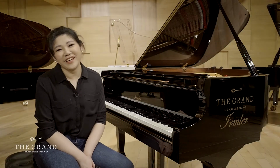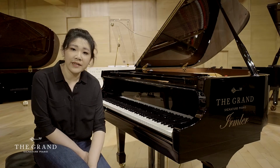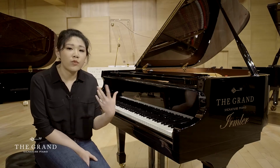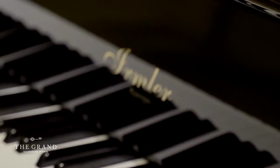Everyone, I'm Edith Widayani and I'm a professional pianist, and today I am going to be reviewing a baby grand by Irmler. The series is F160E. Why the 160E? That E at the end actually refers to the fact that this particular Irmler baby grand